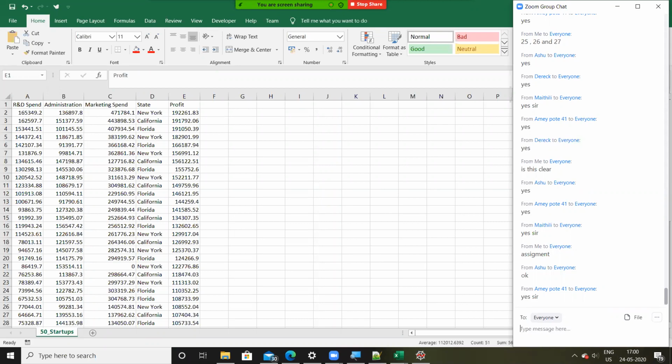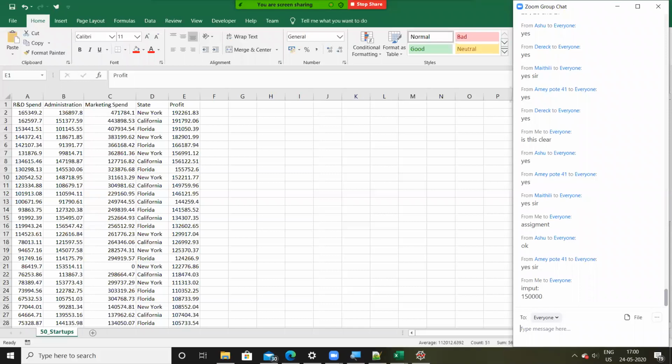Let me give you an input as well: one, two, three, four, five, six. This is our input value. You'll tell me the prediction for this input value. First, consider this input value for R&D, then as administration, and then for marketing spend. Is this clear, everyone? Can you quickly confirm it on the chat window, please?